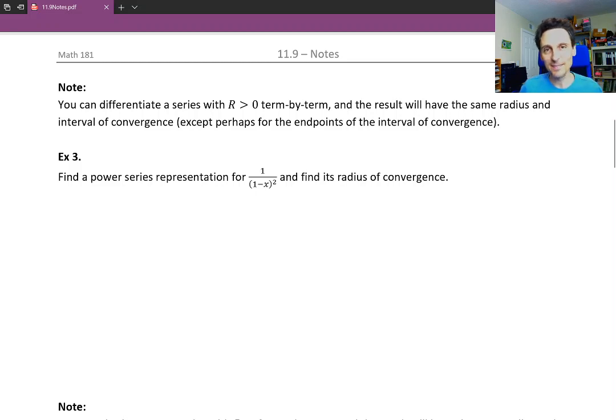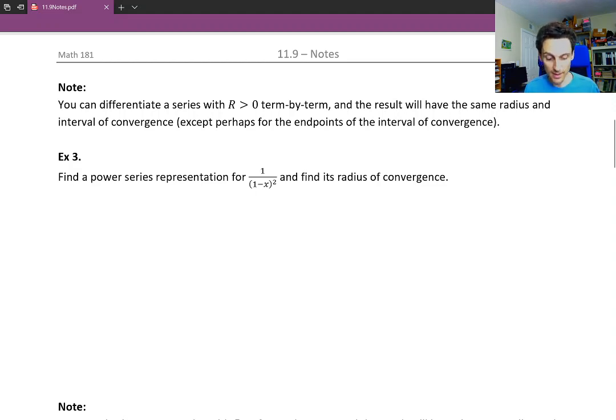Hello and welcome back. It turns out that you can differentiate a series term by term, and that new series is going to have exactly the same radius of convergence and interval of convergence, except possibly at the endpoints of the interval. So in example 3, when we're asked to find a power series representation for 1 over 1 minus x squared and find its radius of convergence,